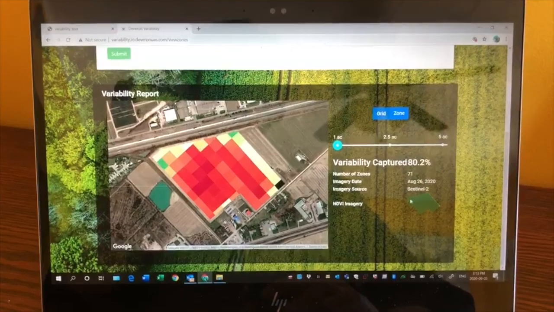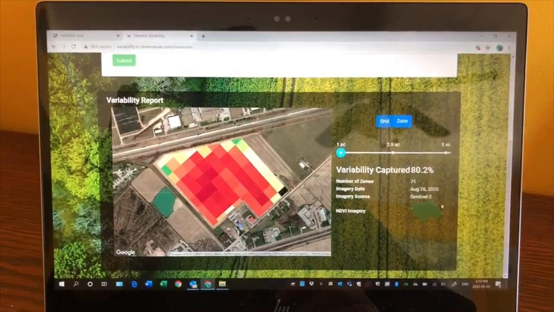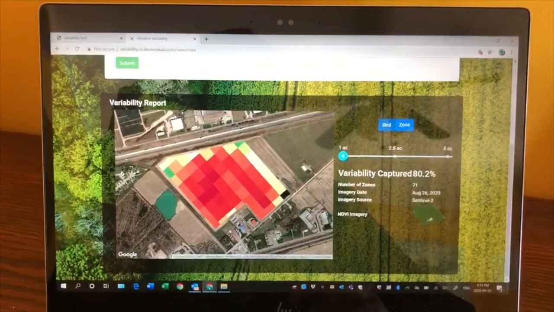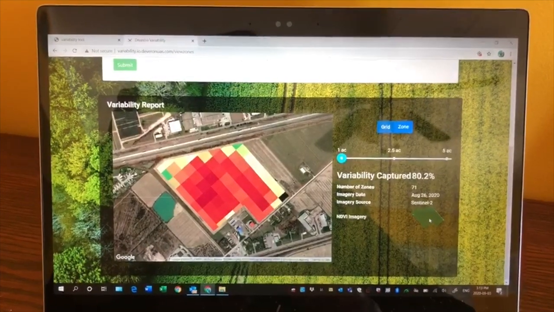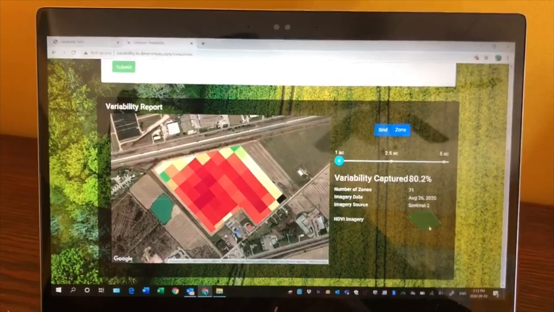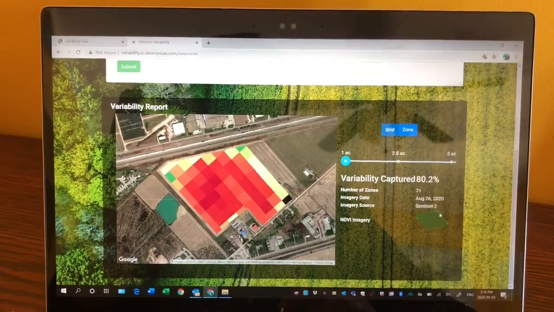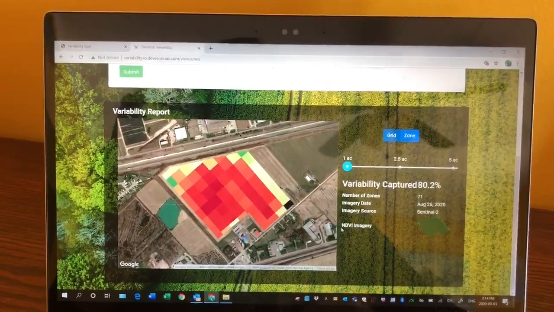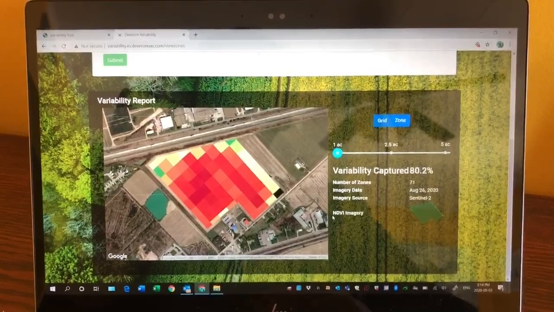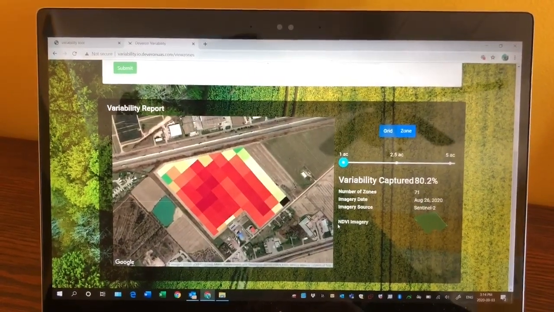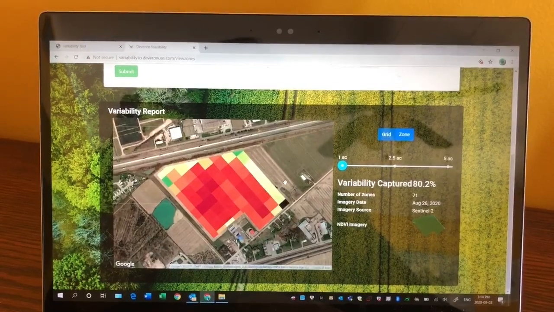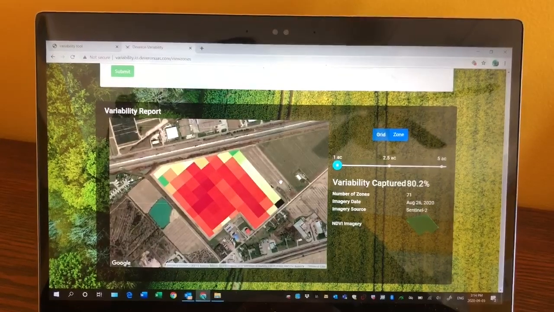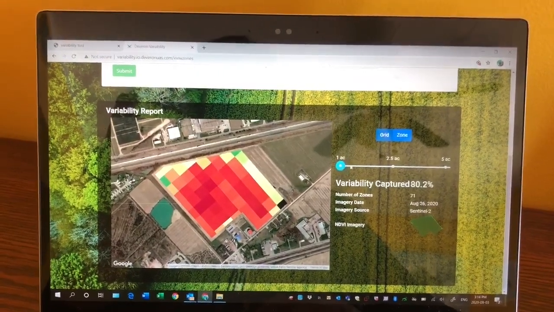Now, I do want to bring your attention to this thumbnail down here. This is the image that the analysis is actually using, not the image on the Google Earth map. All right, so you can see I selected June, and it's a nice green crop. And actually, I want to see this little bit of an edge that's lighter, which you can also see shows up here in the analysis as a different color. And now that may be variability in my field, or more likely in this case, I've caught the edge of this smaller field adjacent, and perhaps this year it was a different crop or managed differently in the past, etc. Anyway,